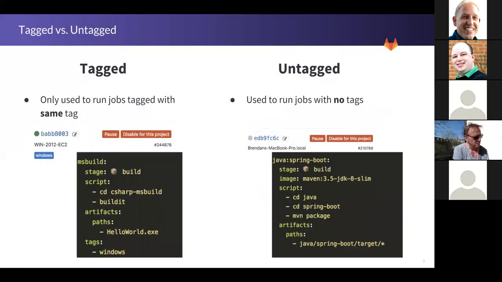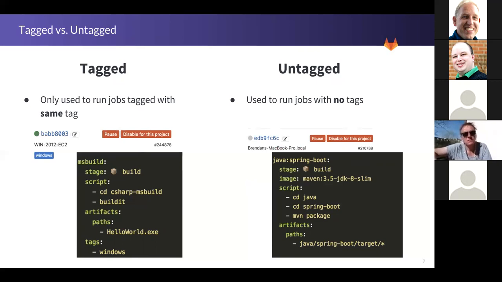Okay, so then the next property is tagged versus untagged. When you're creating a runner, you have the ability to give it a set of one or more tags. This is useful again for, let's say you had shared runners, but some had Windows on them, or some had OS X on them, or some had a bunch of Ruby stuff that you needed installed by default, so you don't have to download it every time. This is a way you can tag runners, and then they're only going to run jobs that share their exact same tag. Or if the job has multiple tags, they'll have to have all of the tags that match up. Untagged runners can be used to run any job, right?